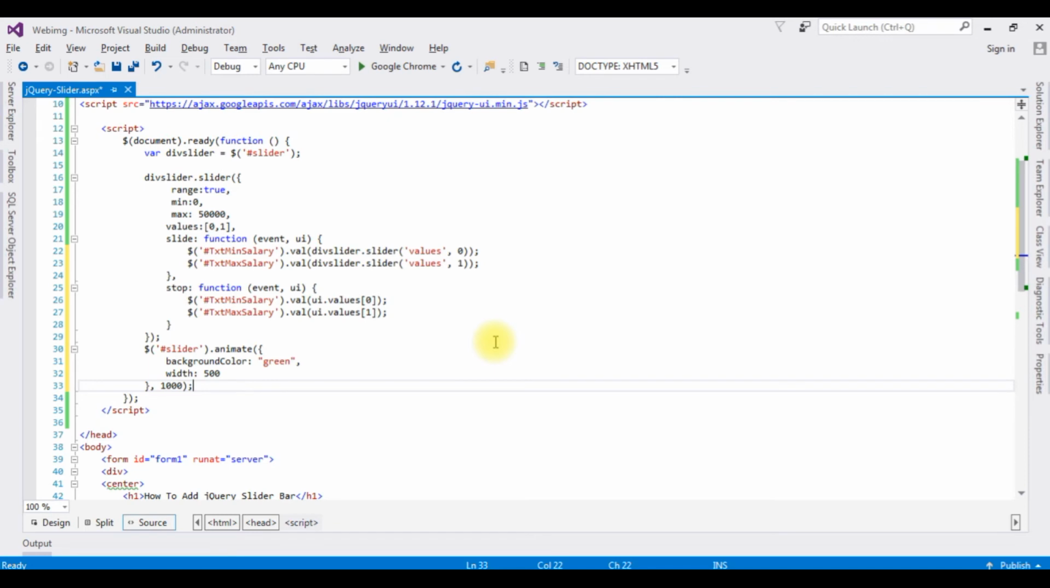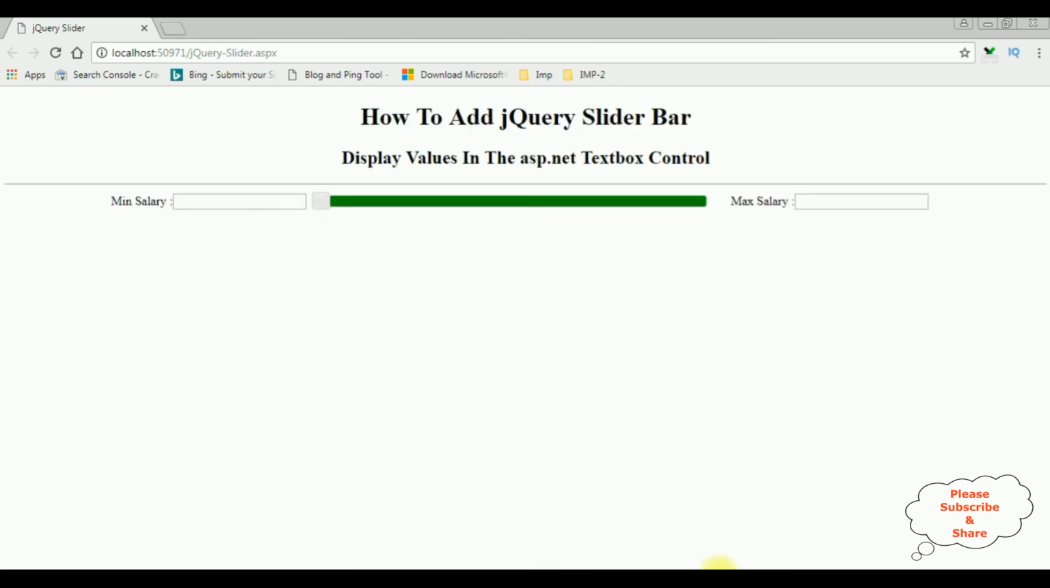It's time to test the results on Google Chrome. And here we got the output of that code. Two text boxes, maximum salary and minimum salary, and the slide bar with the background color green. When I move the slider, notice the maximum salary is increasing up to 50,000, which is the limit I have set for the maximum salary. The minimum salary